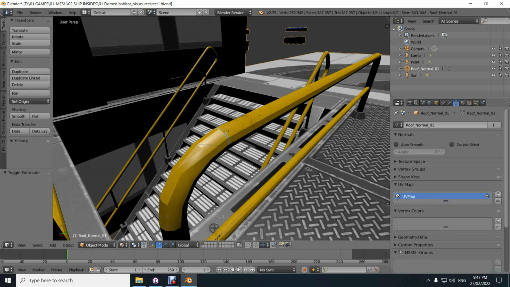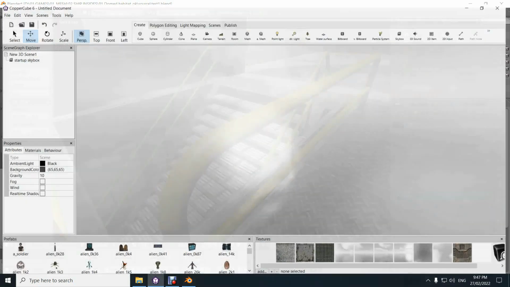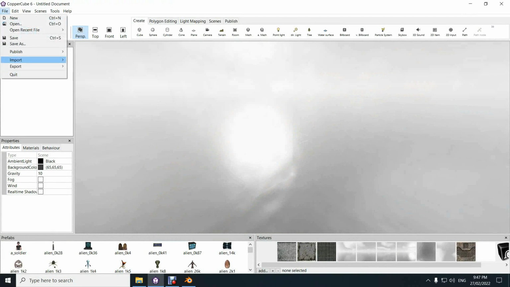Normally when you go shade smooth like that, it'll perfectly smooth that surface out, so it's fine to then load into CopperCube, even from the blend file typically. But because this one is not doing that, it will have issues, so I don't recommend you load the blend file. So for example,